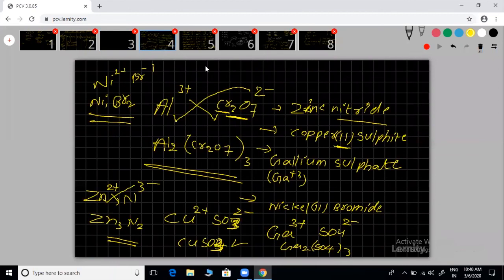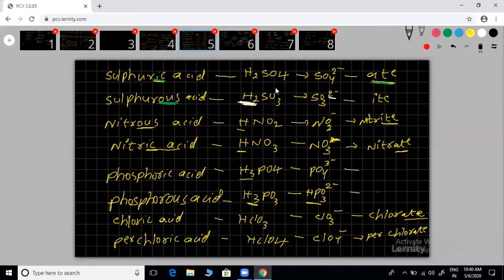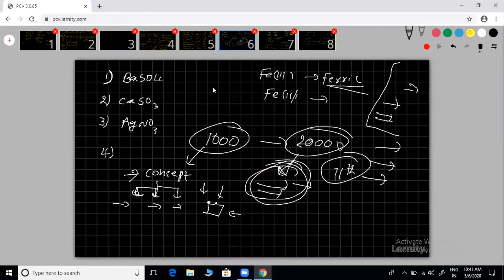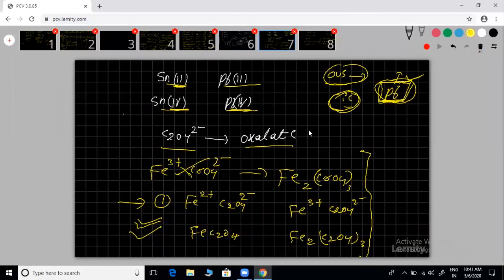Here I explained again how to apply the crisscross method, we gave names and you wrote formulas, good. Then the same thing again here. We explained ic acid and acid differences. What is the difference between ic acid, acid, and ATE and ITE? What is the difference between AT and IT? Keep those things in mind. Mostly we explained how to make notes. The new thing is oxalate. And ic and us we already gave. Low oxidation state is us and higher oxidation state is ic, or a higher number, lower number. That's all.